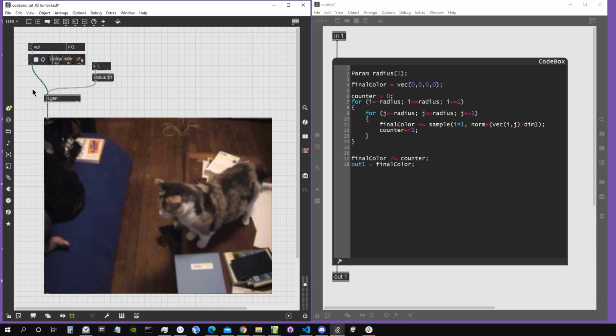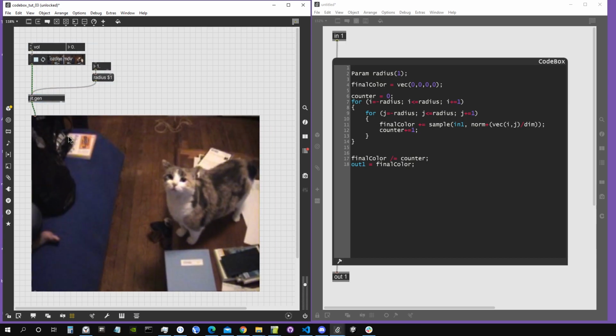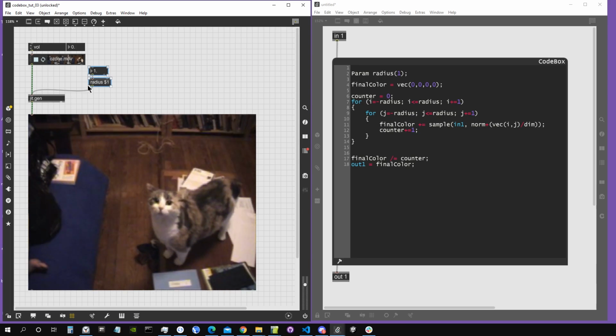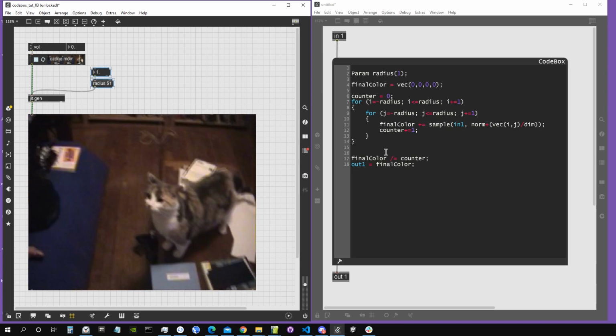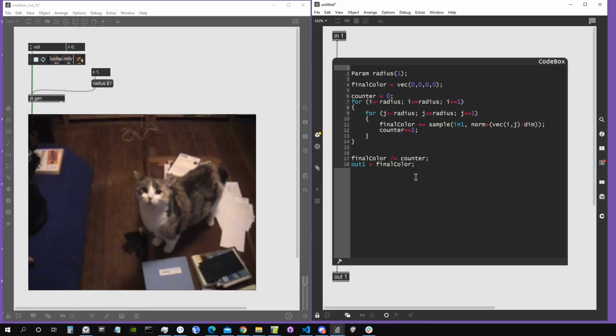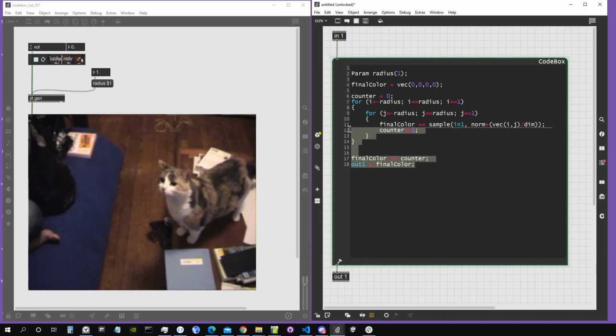This is my patch. As you can see, I've just created an empty jit.gen. I attached to it a movie player object, and there is this message radius. Now, if I double click on the jit.gen object, the gen patcher opens, and we are going to actually start